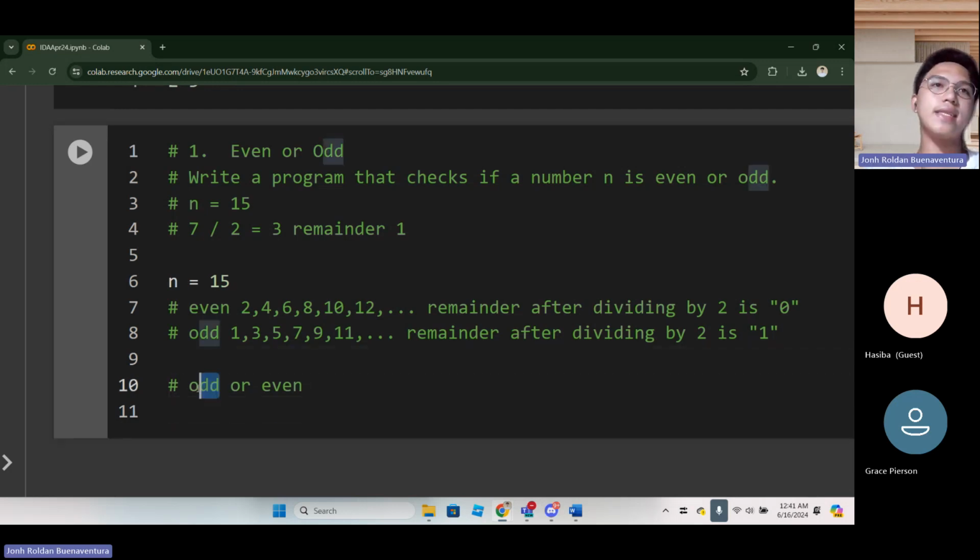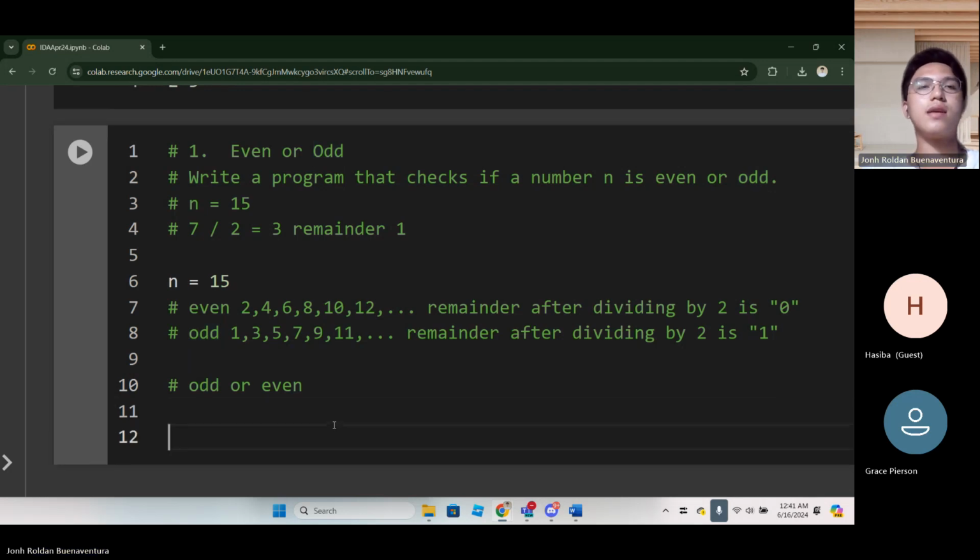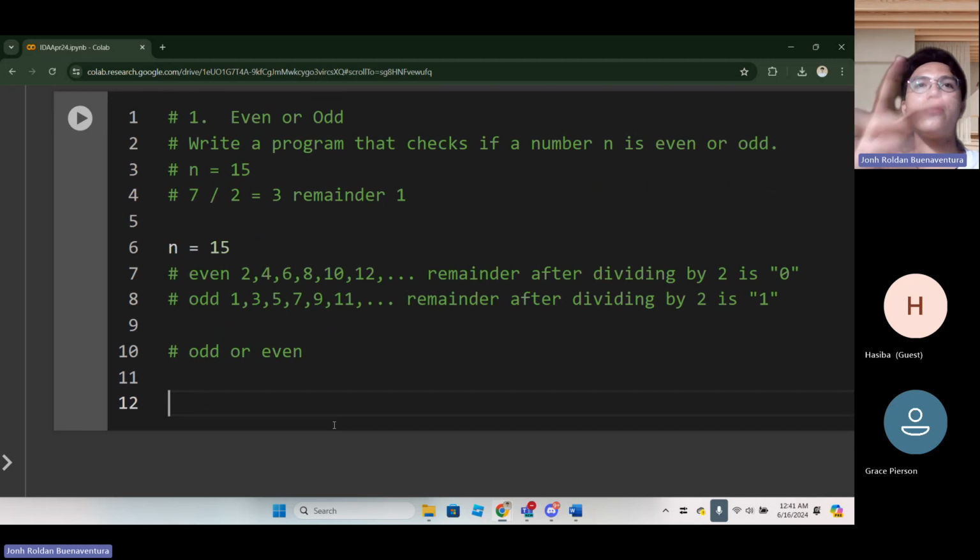In that case, what structure do you need? You have only two choices. Can we use if else? Okay, this is the thing. Two choices, the structure is if else.